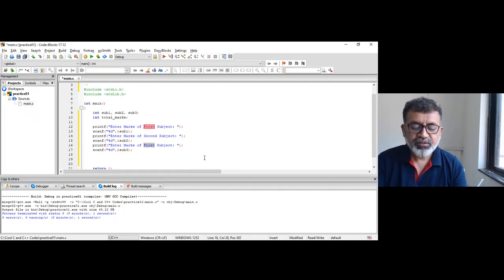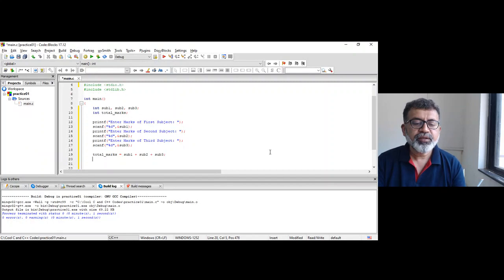The coding should be very neat, right? Then I will add marks of these three subjects. So I will write total marks is equal to subject 1 plus subject 2 plus subject 3, right?